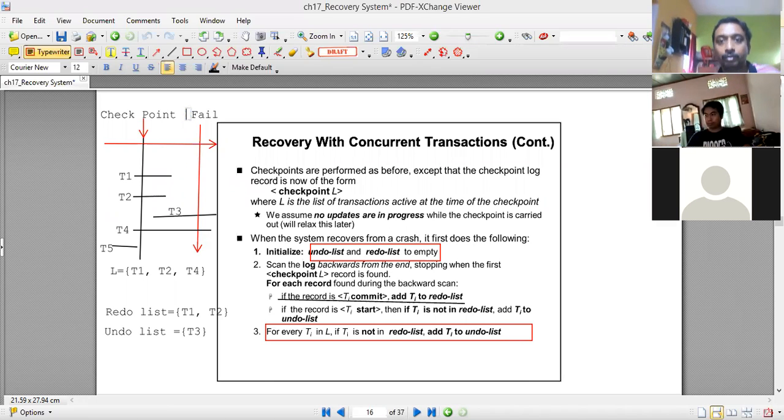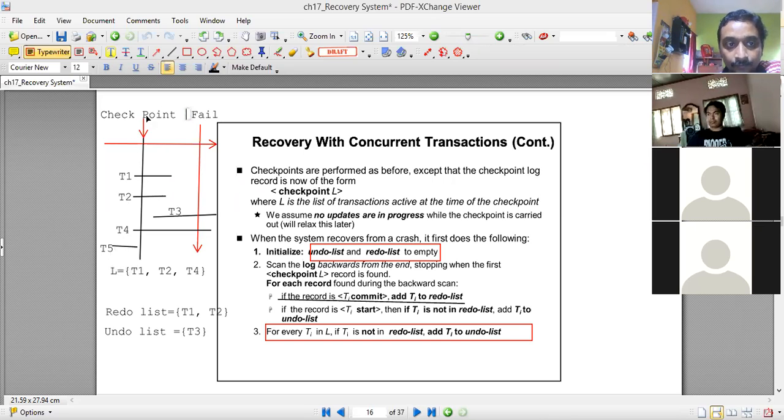So what we are discussing is how to prepare the list of active transactions at the point of checkpoint start. For this example, the active transactions are T1, T2, and T4. T5 was not active because it has already committed.